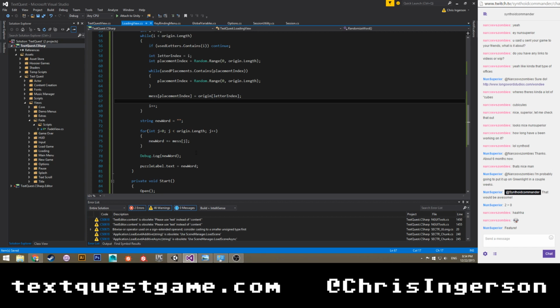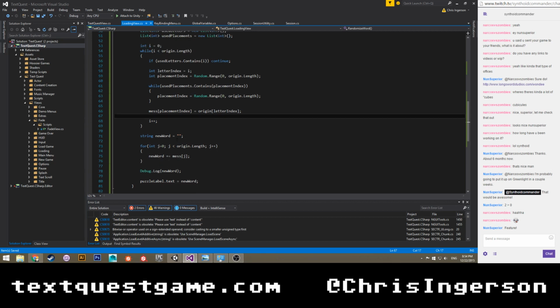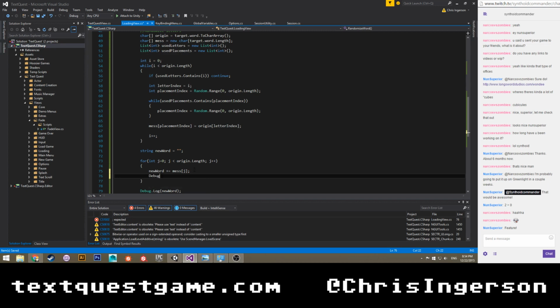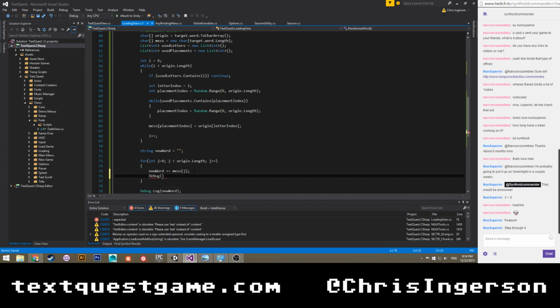Okay. New word plus equals. You know what? I'm gonna go ahead and say let's debug.log, not .logger. I think I'm gonna have to figure out where it's going wrong here. So we're gonna say let's do string.format.